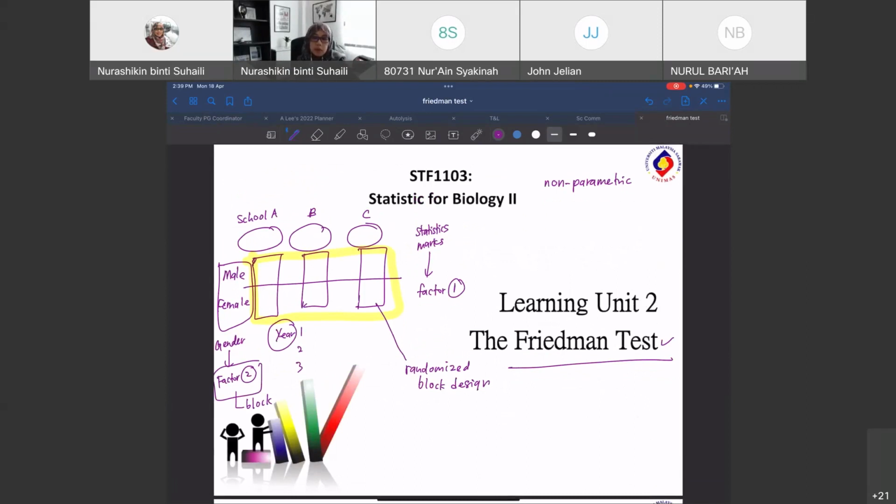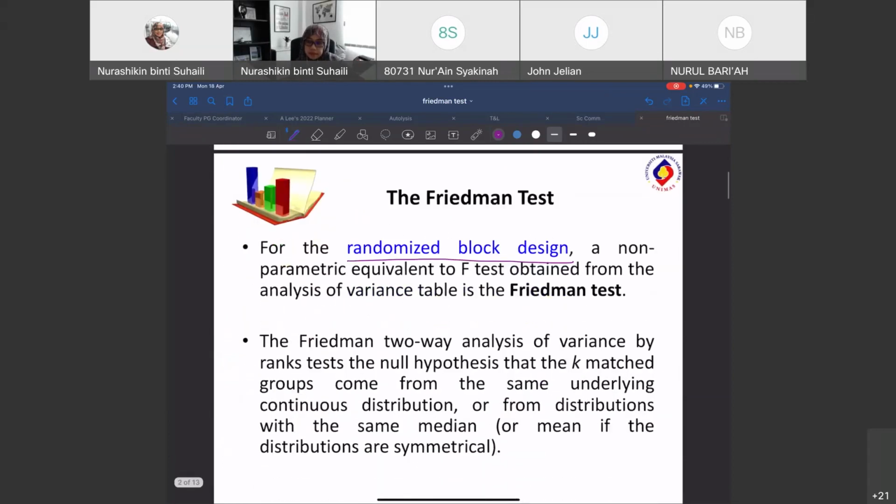Our comparison is just based on gender, but across the three schools. Rather than if we don't consider gender, and we want to compare the whole students of school A, the whole students of school B and school C. That is actually less specific. So that is the benefit of having a block. We can have a more specific